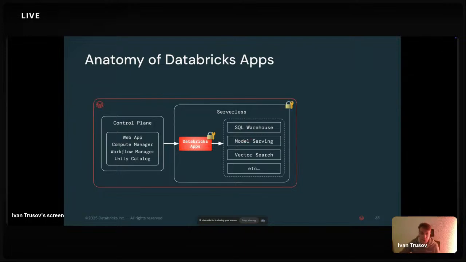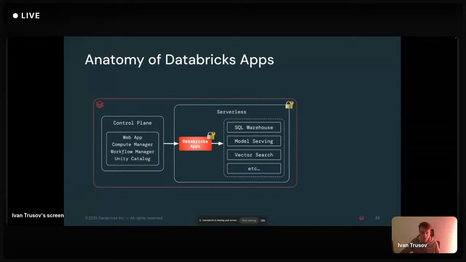Indeed, you can connect from your Databricks app to a model serving endpoint, a vector search endpoint, and many other sources. Practically everything on Databricks has an API. So you can even build your own custom Databricks UI if you wish. The only question is why, but you practically can.